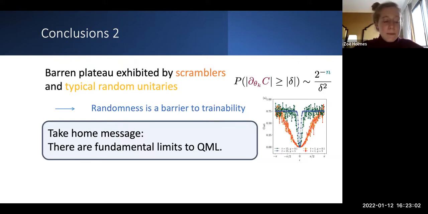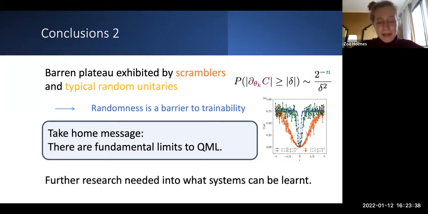That said, thankfully, I think most physically interesting systems that we might want to probe using variational quantum algorithms or quantum machine learning are sufficiently structured that they don't resemble a random unitary. Physics would be really hard if we were always trying to learn completely unstructured problems. Normally the problems that we want to tackle do have some structure to them. So I don't think this result in any way condemns quantum machine learning, but rather just tells us we need to pick our target problems carefully. And in that vein, further research is required into what systems cannot be learned.